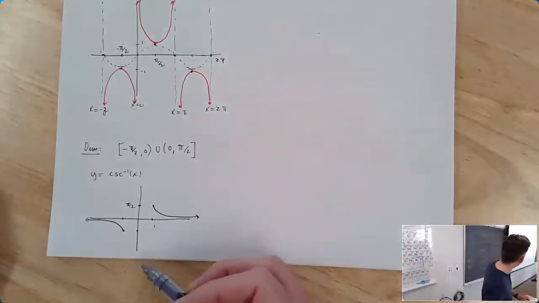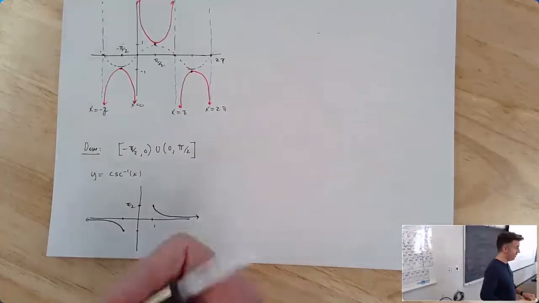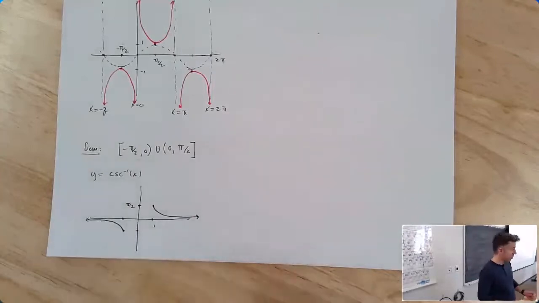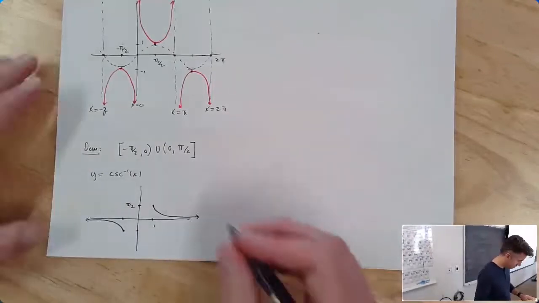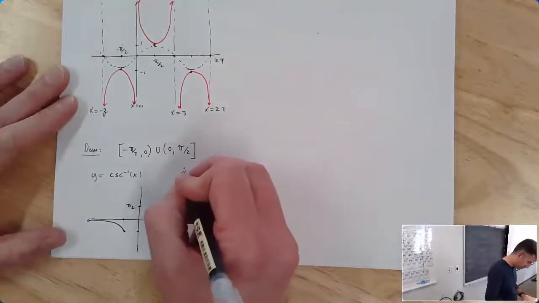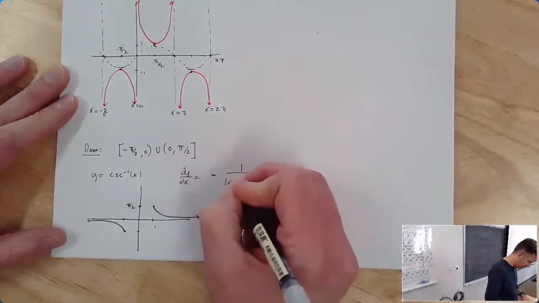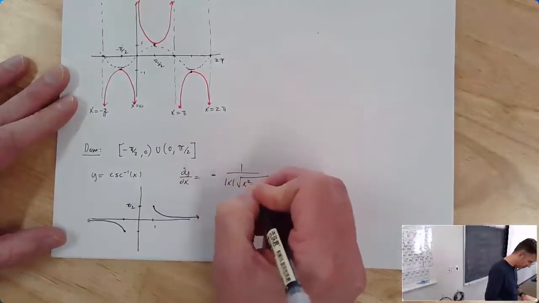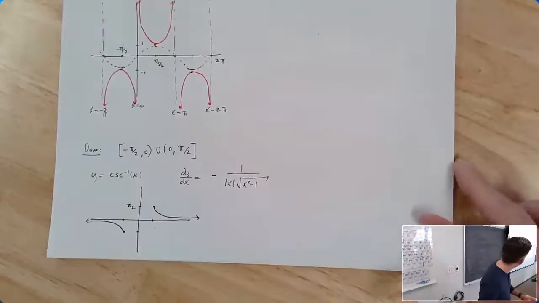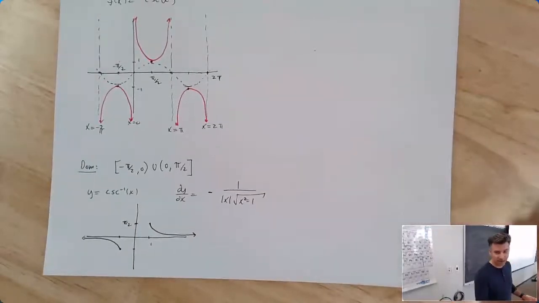And this way is the way that requires the absolute value, because here the derivative is always negative. So my derivative here is equal to negative 1 over the absolute value of x times the square root of x squared minus 1. Okay. So now we have to ask ourselves,